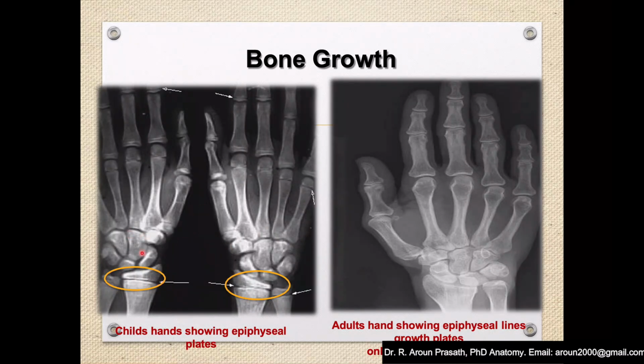In young age you can see this epiphyseal growth plate in all long bones. Here this is a growth plate, here this is a growth plate, all these are epiphyseal growth plates, whereas the same growth plate is absent in the adult bone. You don't appreciate any epiphyseal growth plate. So don't think this is a fracture. This is normal. It is cartilage, and that's the place where the bone growth is taking place.